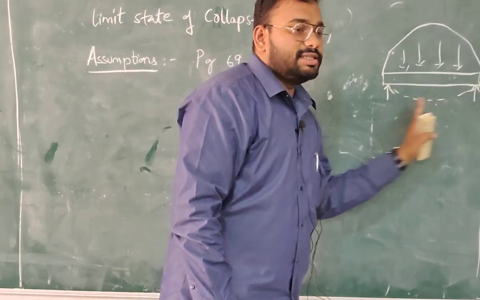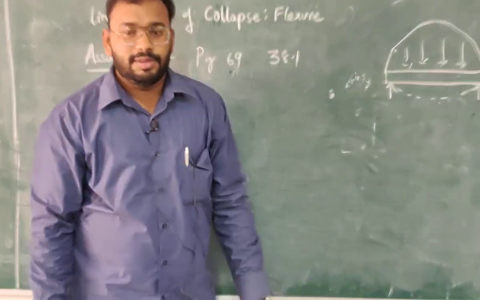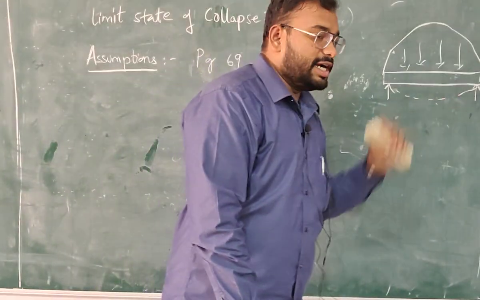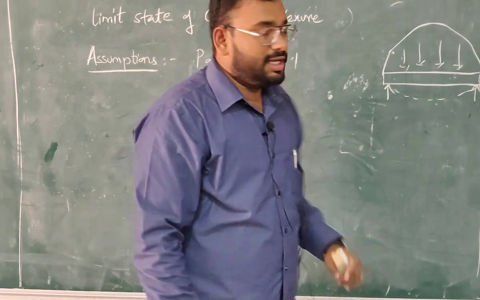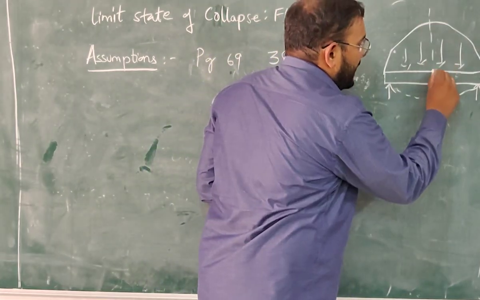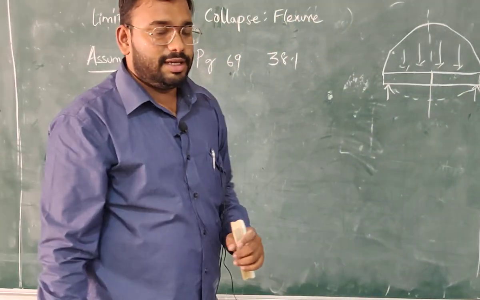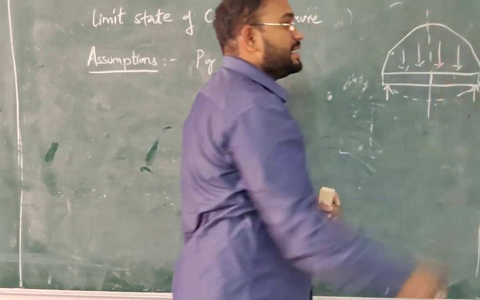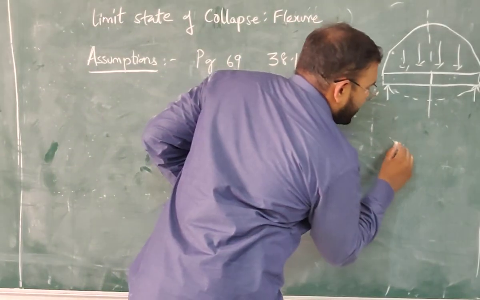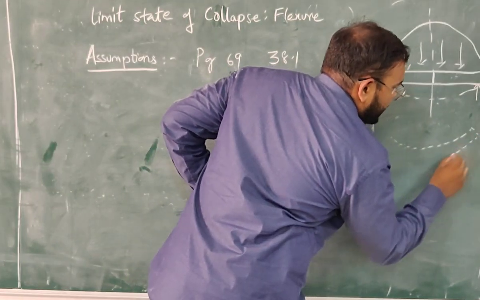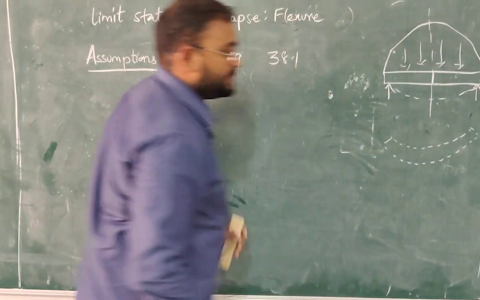If you imagine this is a simply supported beam subjected to some sort of loading. Now it got deflected, right. Now see the section at the mid span. Consider if you have selected one section at the mid span, what is actually happening in the beam? This beam will be deflected and the deformed shape will be like this.